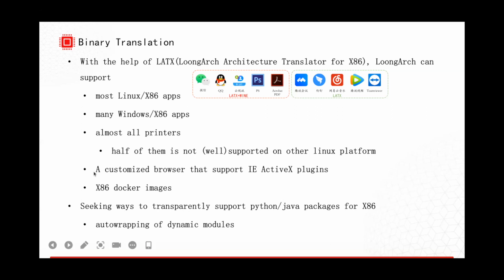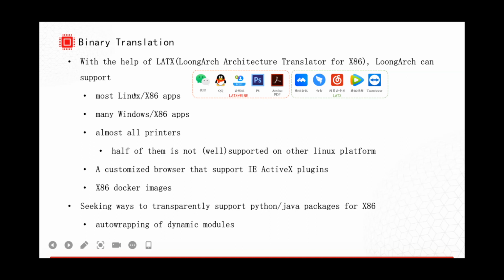Another one is a customized browser that supports IE ActiveX plugins. At least in China, many deployed production systems depend on this kind of plugin. If you are not able to support that, then your machine will not be able to use these systems.